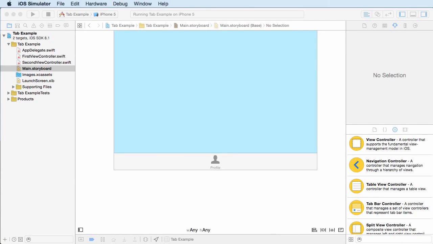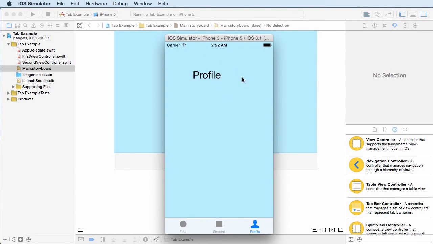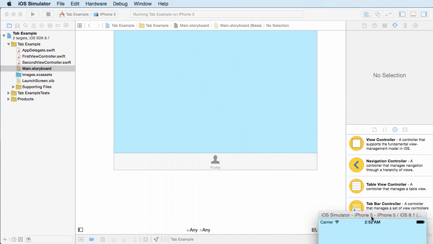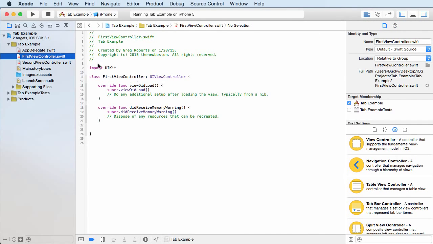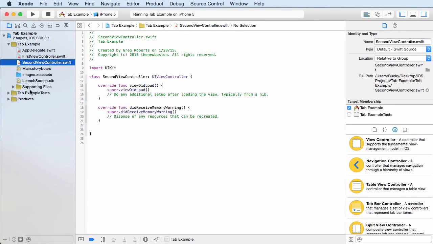Pretty sweet. So now that we got that taken care of, the only other thing that we need to do is we need to figure out how to add some brains to this screen. Because, alright, so we know where the brains are. No big deal. See, this is for the first one. This is for the second one, but where's the brains that controls that profile